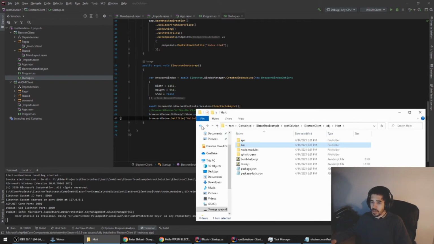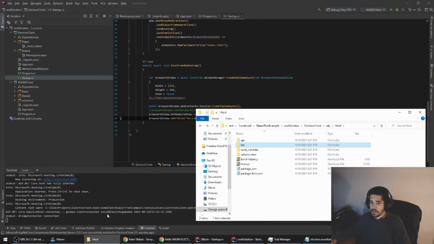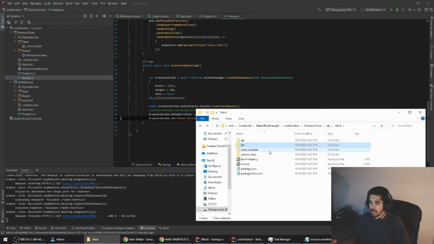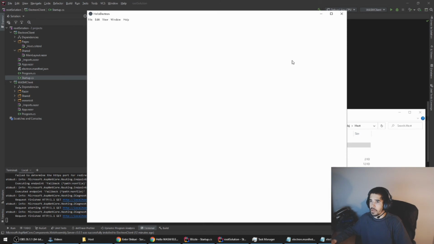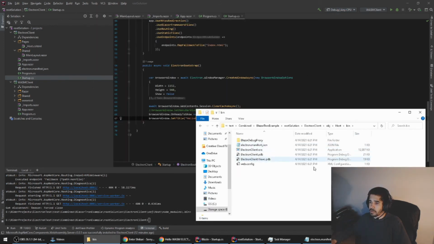And once this is done, it should pop up your Electron client with nothing in it. And this is the menu bar. So we hit exit, go in here, and you see that there's a web config, and we're in the bin directory. We want to add our www root directory from our Electron client into this, because this is the working directory. So in order for this to work,